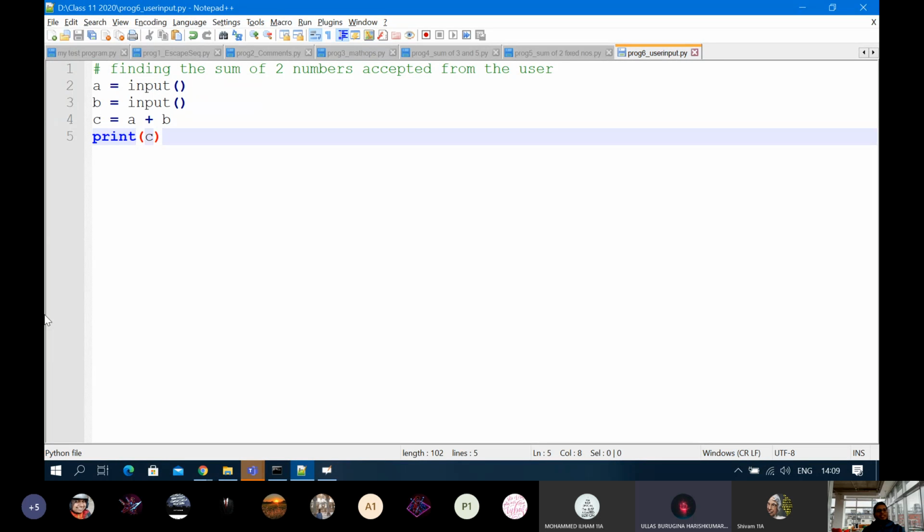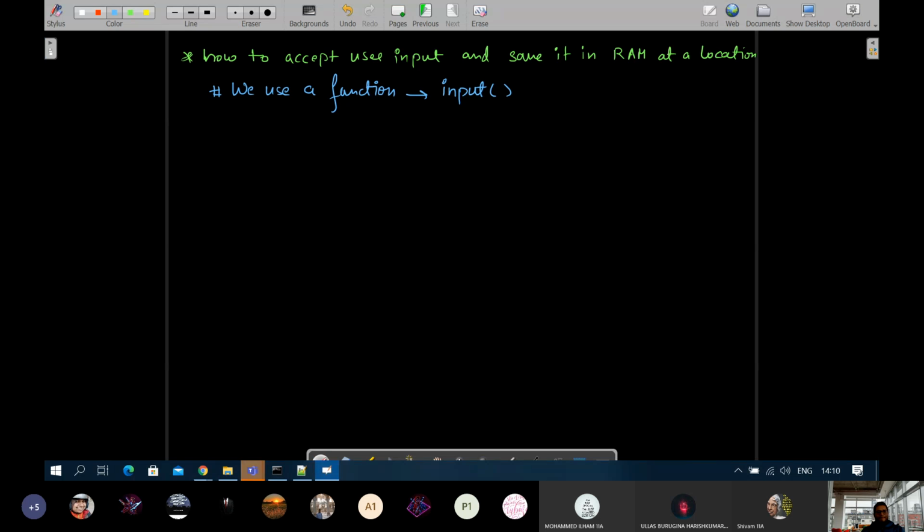Correct. 100% correct. So you can see that instead of adding them, it simply got merged as if the two were strings. If 2 was a string and 5 was a string, okay? Let's say if your case was like this, 2 plus 3. So what will be the result? Concatenation. It will become 23, a single string, a new string.